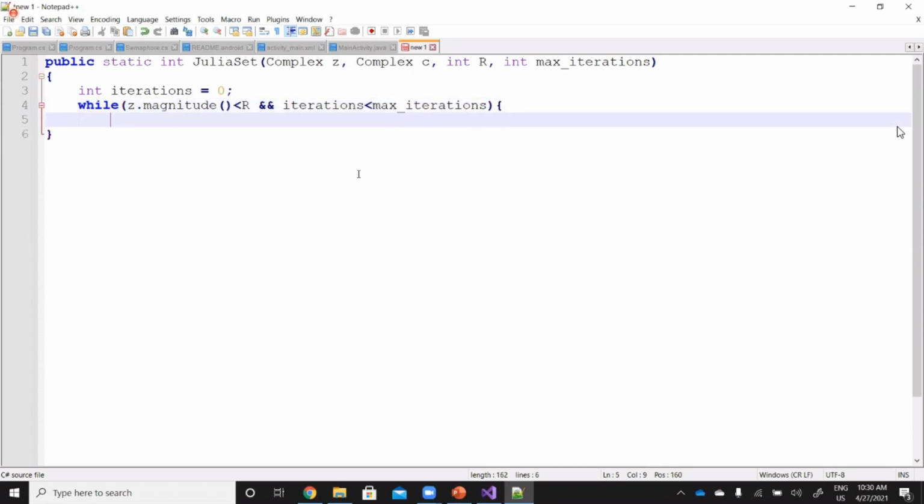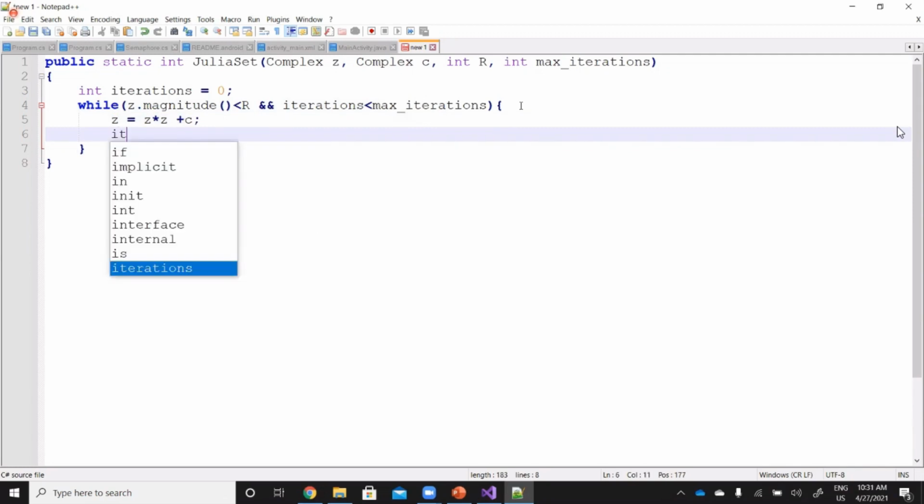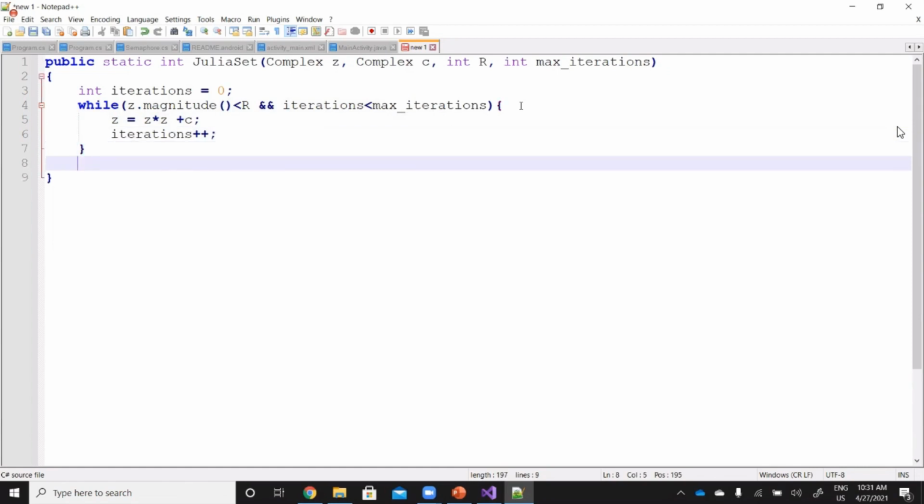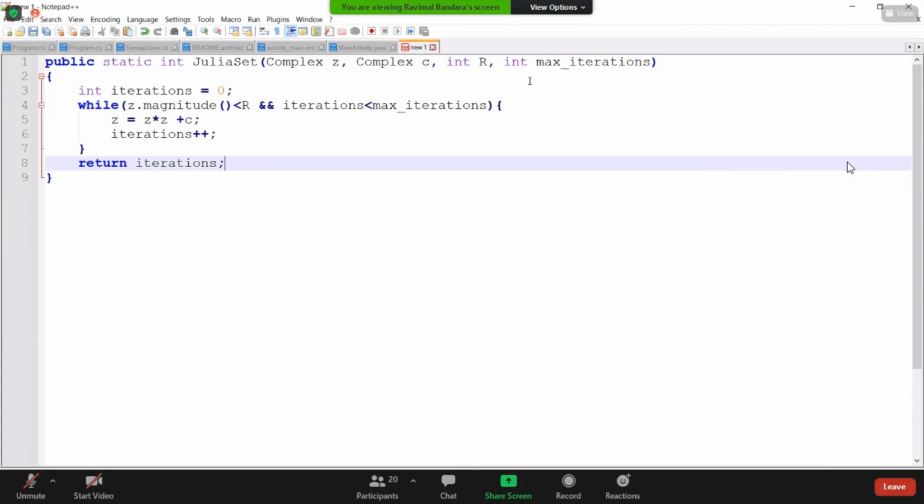Now what you have to do is z equal z times z plus c, and then iterations plus plus, and then you return iterations. That's what you have to do, right? Do this one, and then I will show you what you can do with this one. But anyway, to do this one, you have to make sure that you implement